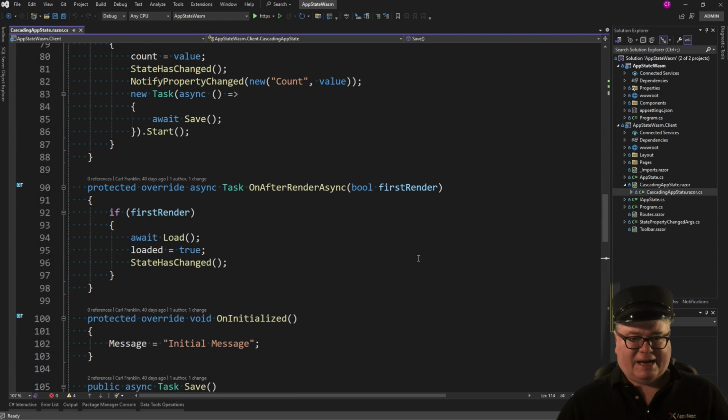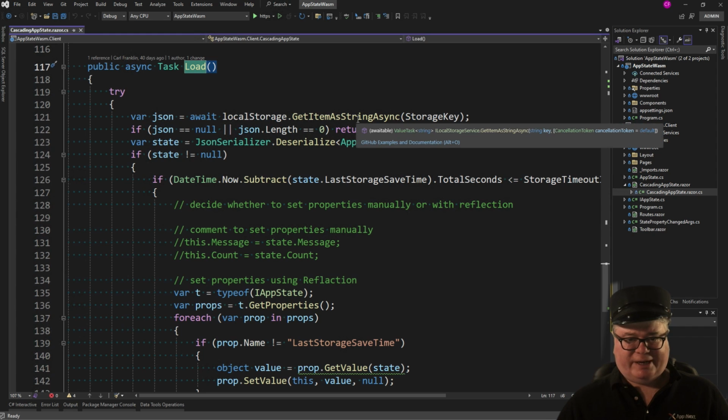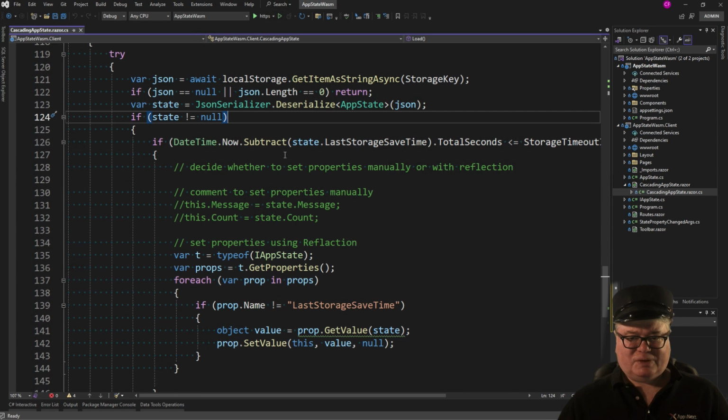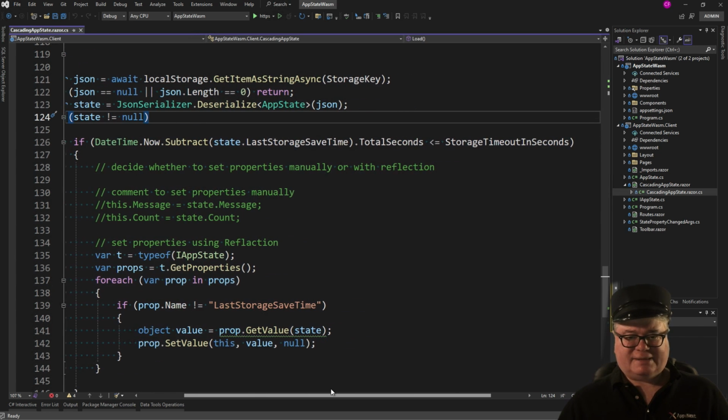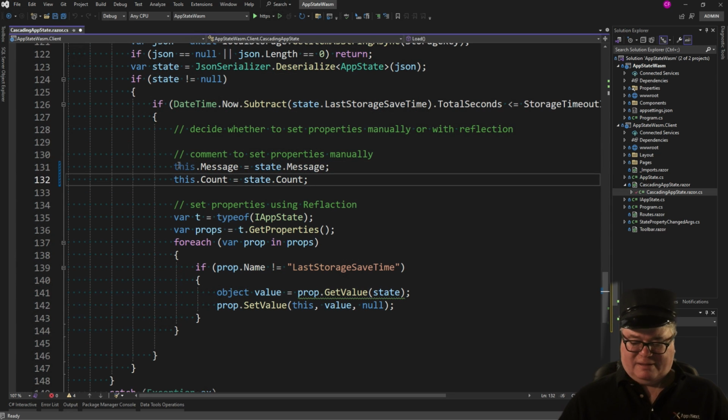Now we also, on after render async, after the first render, call load. Now load does some cool stuff here. We call the local storage get item as string, which returns the JSON string. And if that's null or the length is 0, we're getting out of here. Otherwise, we deserialize that to an AppState variable, and now we've got it. So if the state is not null, we check the time, see how much time has elapsed. And if we're within that time window, we can either set properties manually, like this,